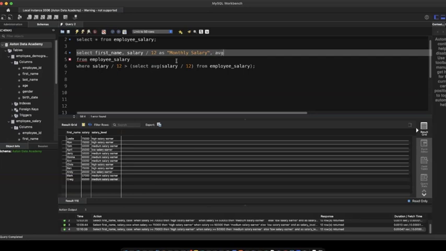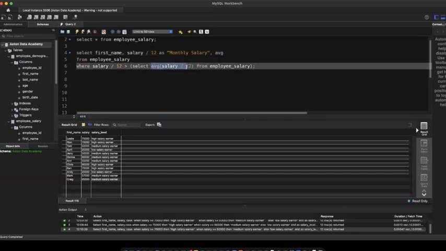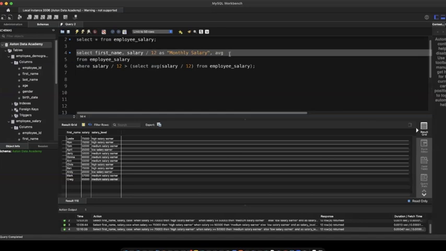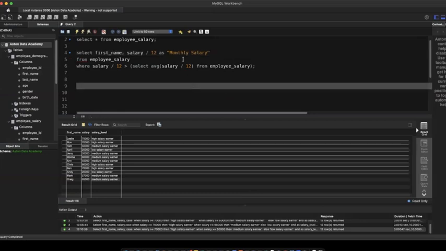So you just put the average. You just basically do this and you put it here and you will still get the result. But obviously, if you're working with a large data set, you don't want to be doing the calculation for each individual person once. What this does is SQL at this point doesn't care about